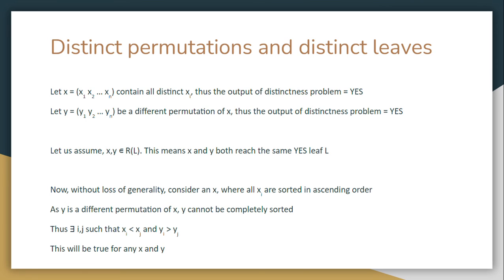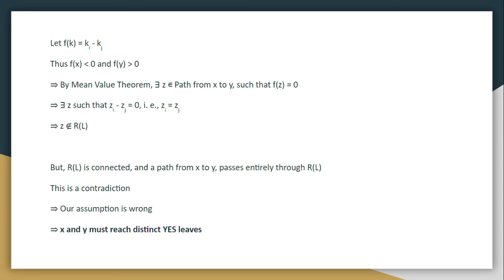So this means that there exists at least one pair i, j such that xi is less than xj and yi is greater than yj. And if we think about it, it will be true for any x and y, like we visualized with an example where x is sorted in ascending order, but it will be true for any x and y. So now let's keep that in mind, and let's define a function f